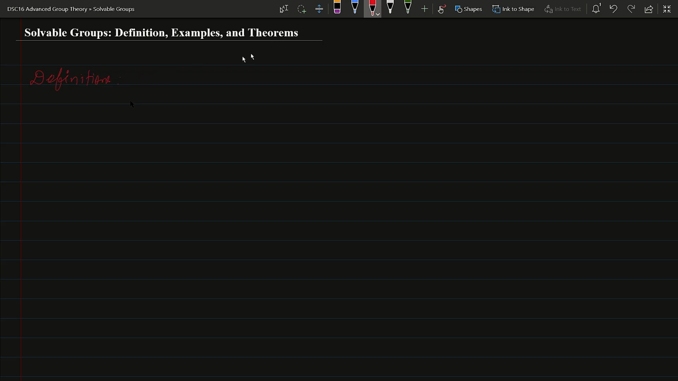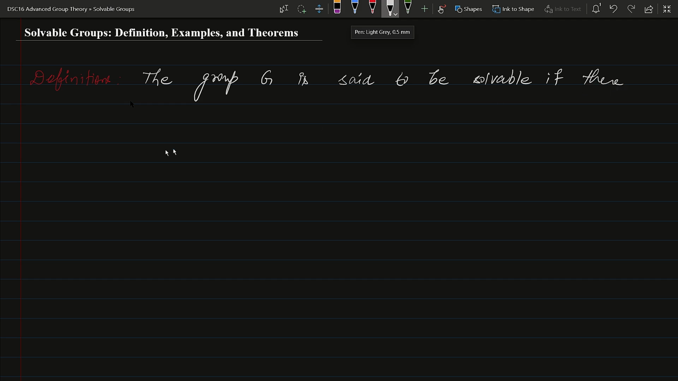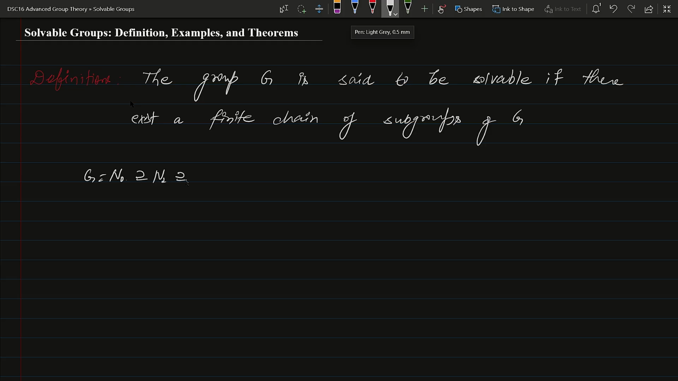Definition says the group G is said to be solvable if there exists a finite chain of subgroups of G, that is G equal to N0, that contains N1, that contains N2, and so on,